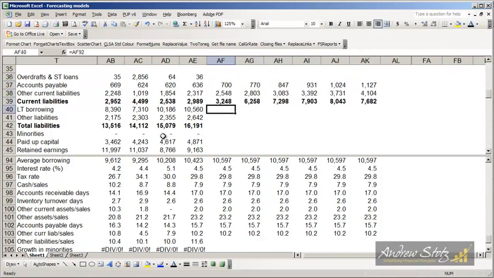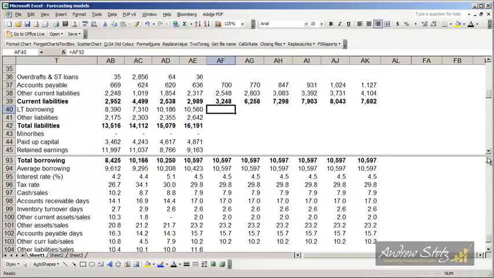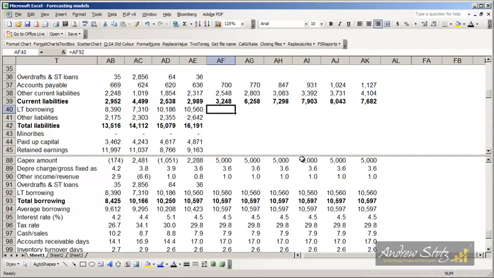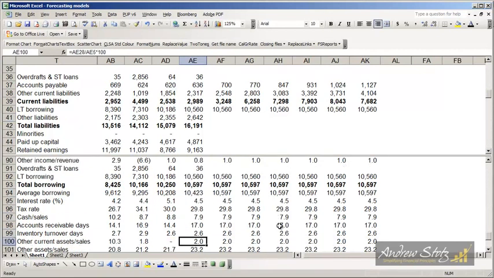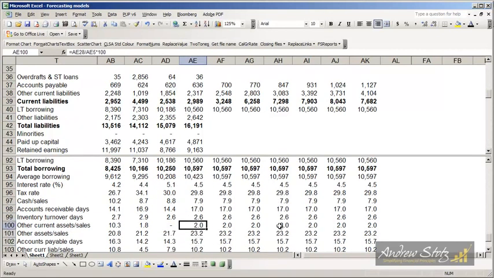Now, next is long-term borrowing. Well, we've already did that when we looked at our cost of borrowing, or our interest cost. So all we have to do in this case is just come down and pull it from line 92 here, the long-term borrowing line. So I'm going to just put it in place. We're going to do the same thing with other liabilities as we did with other short-term or current liabilities. So let's go down to that here,